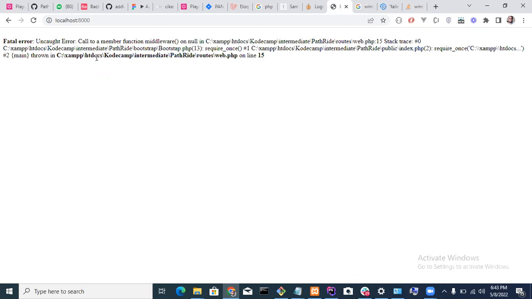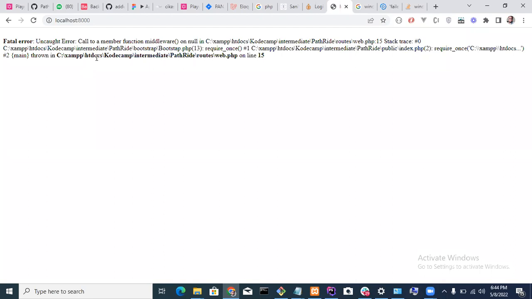The function, no, okay. It's not seeing the middleware class. Have you created the class? No, it is interpreting whatever I put there as null. The latest change is actually not working.